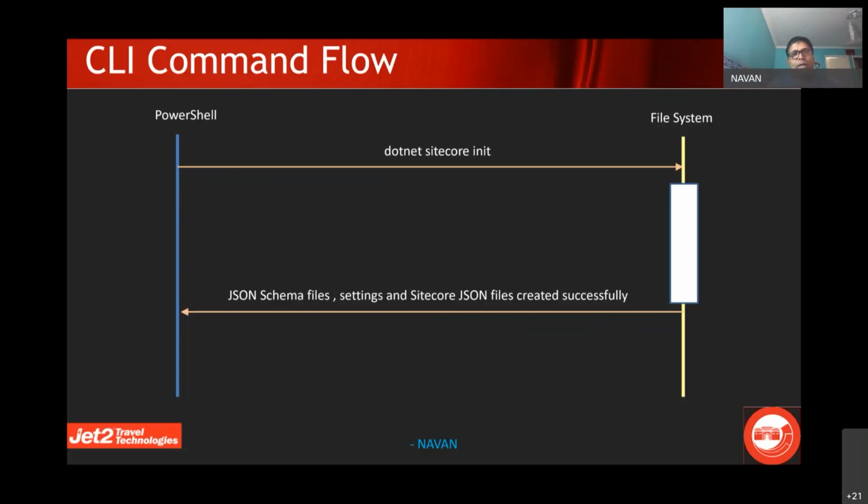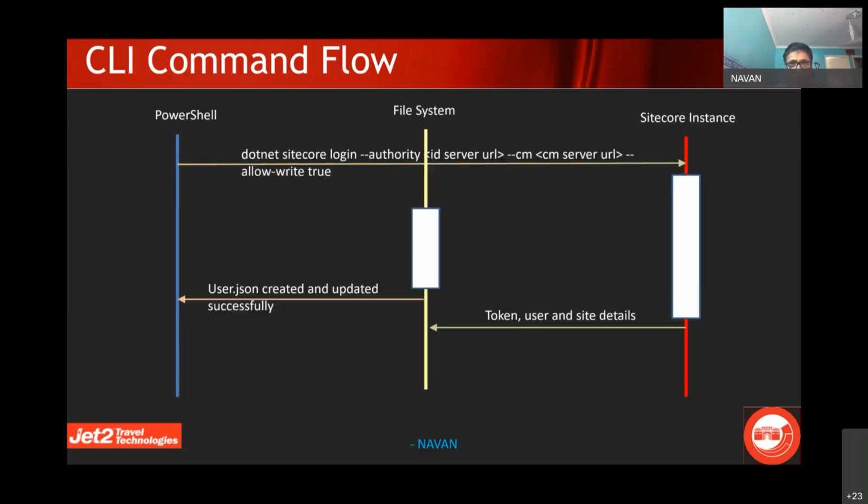The first one, you create a .NET manifest, and you specify the NuGet package where to pull the DevX serialization from, and then you do a dotnet sitecore init to put the schema files and the JSON files. After this, the login command connects to your Sitecore instance, specifying the authority URL, so that it gives access to a particular user.json file where the token gets stored.